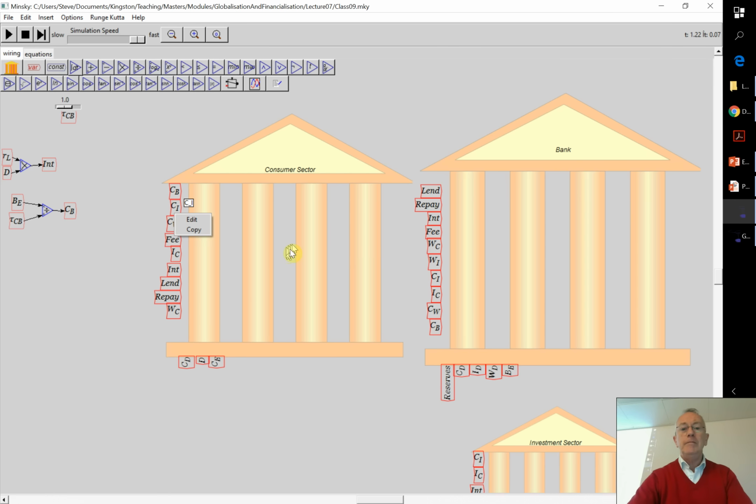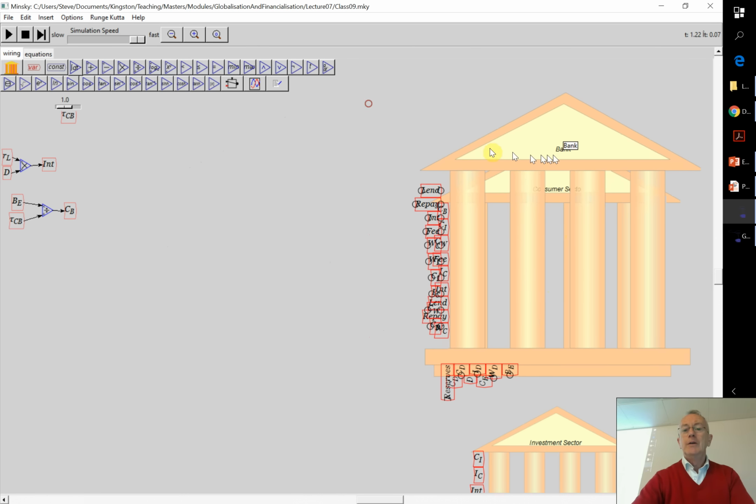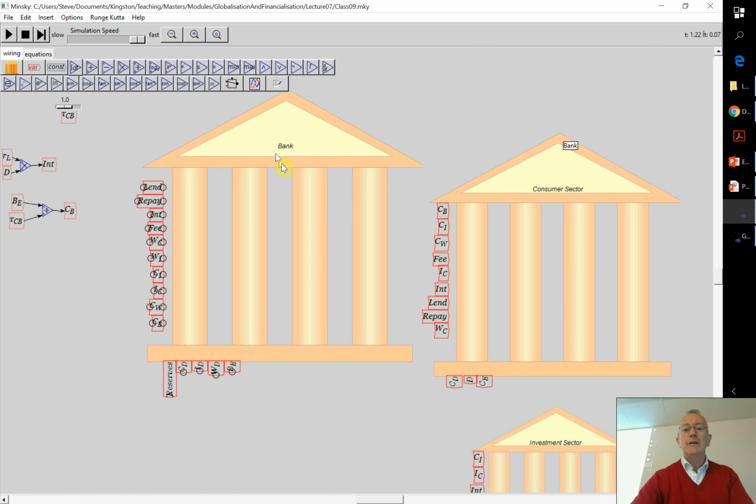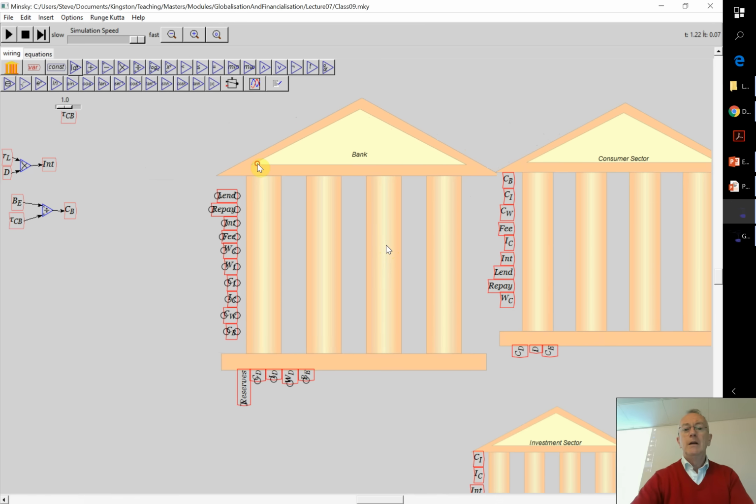I might move these tables around. I want to primarily work from the bank table, so I'm going to drag this over here, so the bank table is the one that's most handy. Okay. And now I've got lending, repayment, interest, the fee, etc. These are all in the order that I defined them initially.